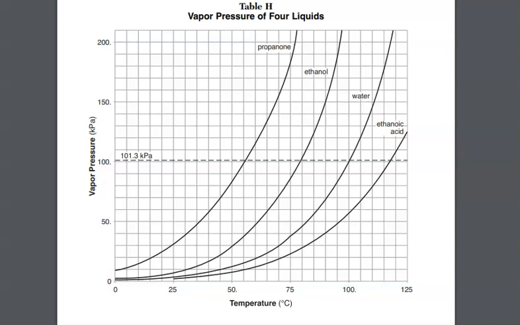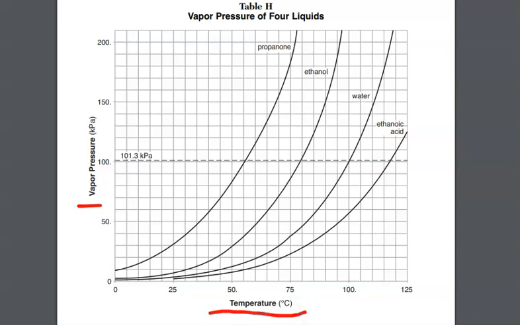We are going to take a look at vapor pressure and how vapor pressure relates to a vapor pressure diagram. Now, if you are taking Regents chemistry, this is known as Table H. Otherwise, you might have a similar vapor pressure diagram that you need to be able to work with. All right, first thing is we see that we have vapor pressure on our y-axis and we have temperature, our